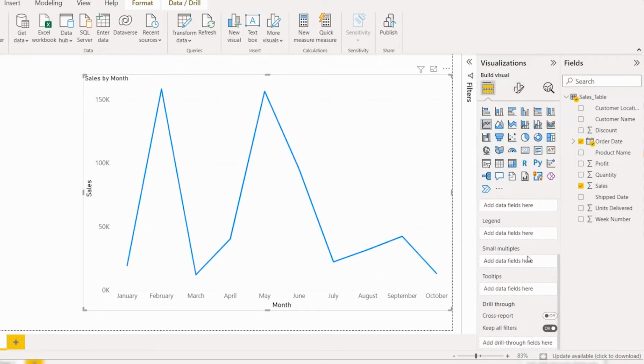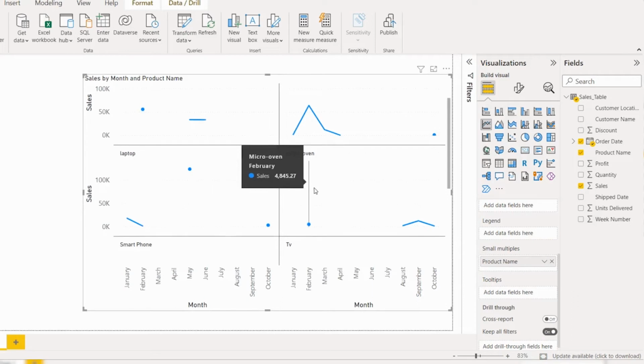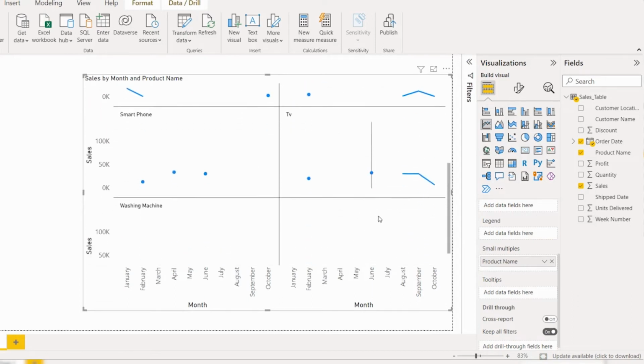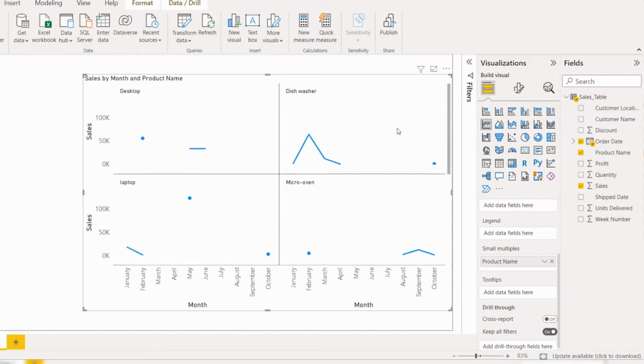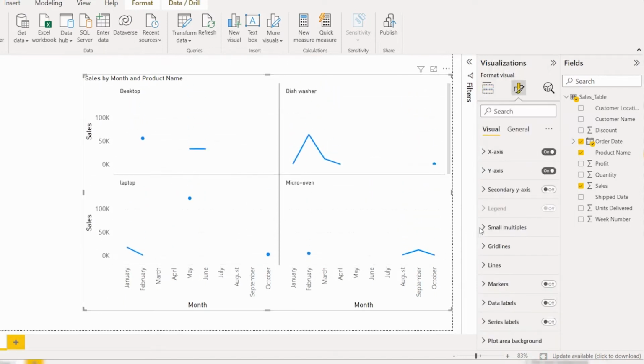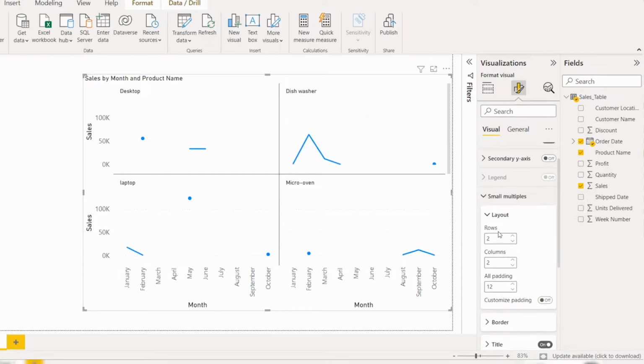Now I will show you how to format the small multiples. Here there are no data fields, so I am just going to add the product name here. Here you can see it displays the sales by product name. Here you can see it splits the product name. So the small multiples usually give a report like this, and in the format visual you can see now the small multiples has been enabled, and here you can see the rows and column option under layout. Here by default it is like